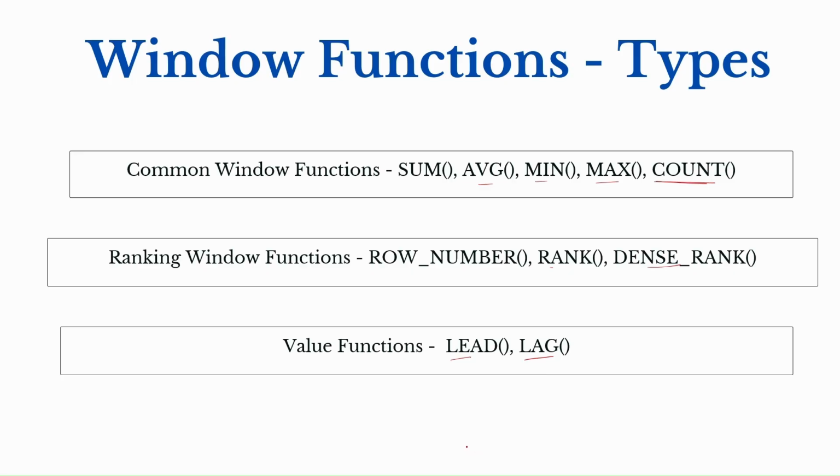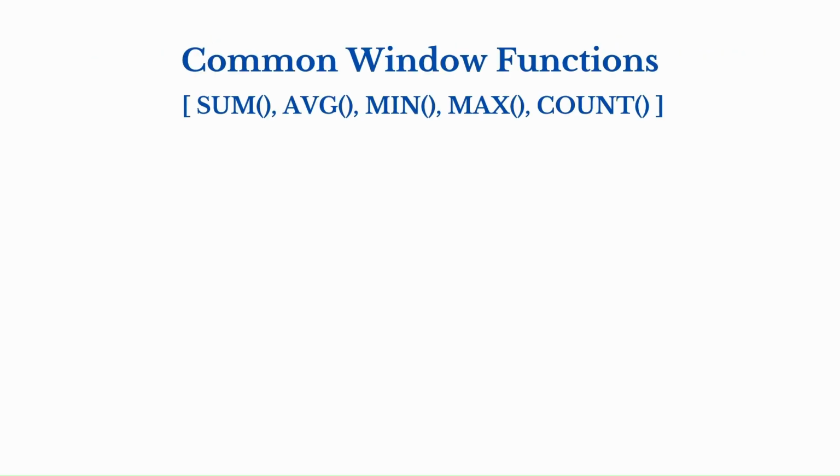Lead and lag are SQL window functions that are used to access data from previous or the next rows within a defined set of rows. So whenever you want to access data from the previous row or the next row, that's where you make use of lead and lag window functions. Let's understand each of these window functions in detail, where first of all we had common window functions,